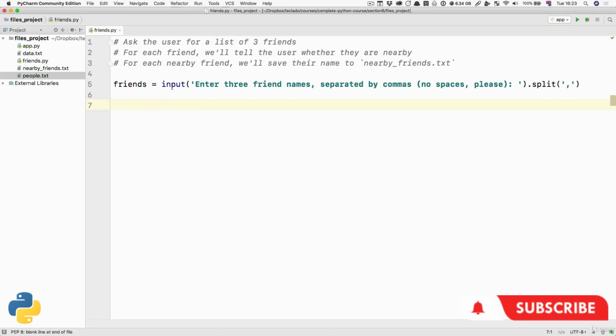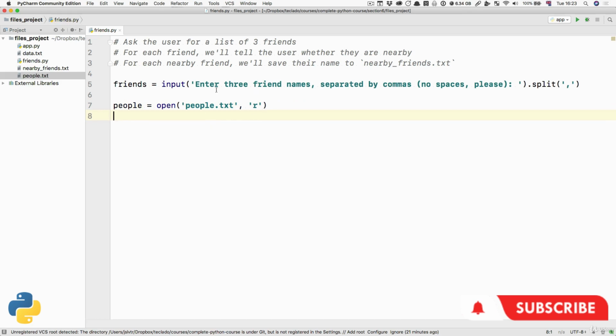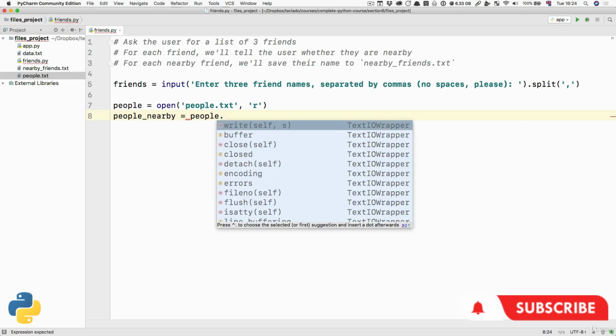The split method, sorry. Now that we've got a list of friends though, we can open people.txt and read it so that we know the people that are nearby. So again, we're going to open people.txt in read mode, of course, because we are just reading it. We're not going to write to this file, we're going to write to the other file. And then we're going to look for the people who are in the same city or people that are nearby. People nearby is going to be file or people dot